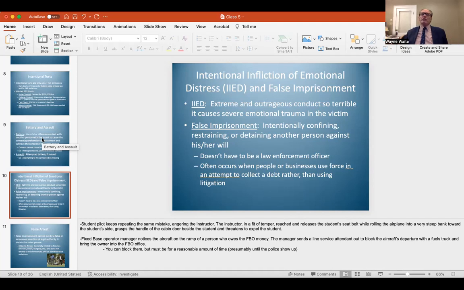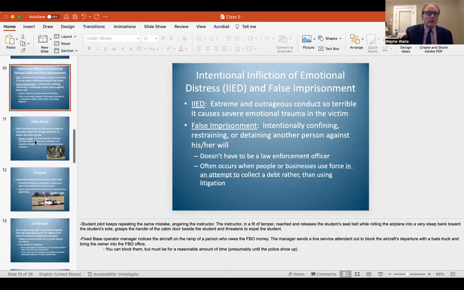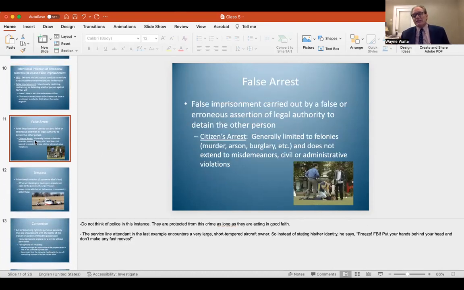Always want to be really, really careful when you more or less take the law into your own hands, when you more or less exercise what we call self-help, because if you do that, you can be liable civilly for damages that result from those actions, either on an emotional distress or false imprisonment. What about false arrest? It's the same thing.